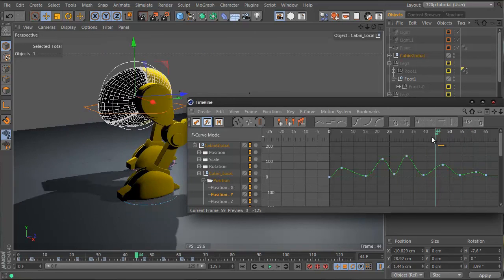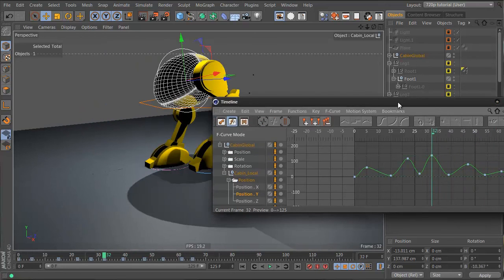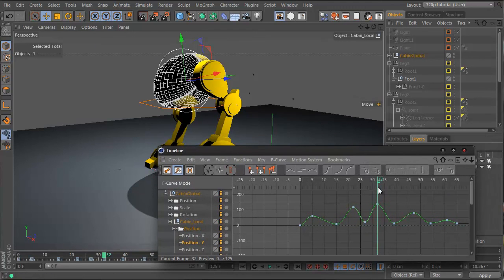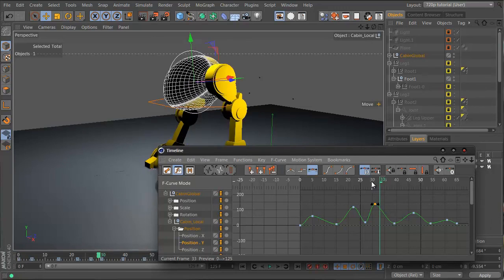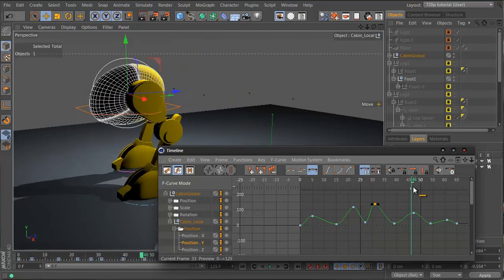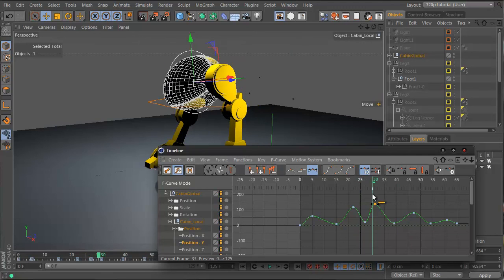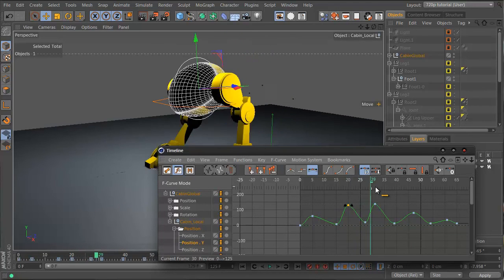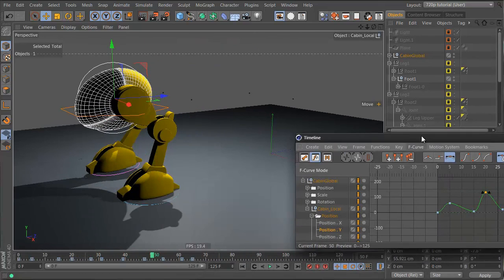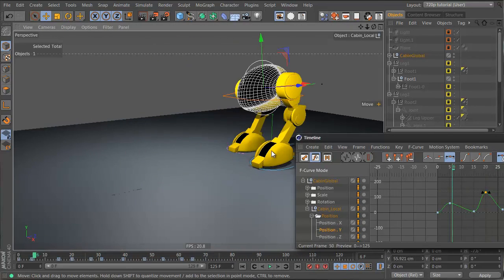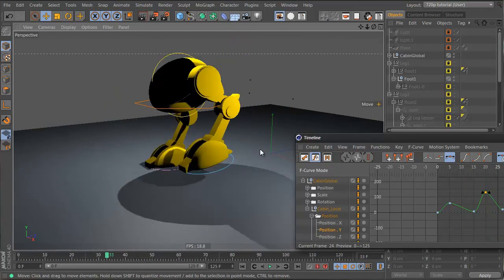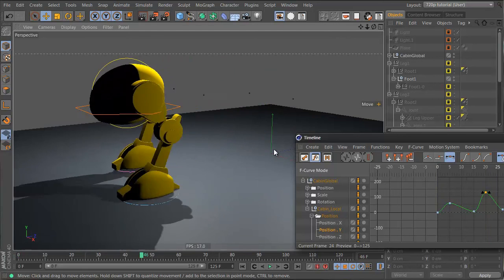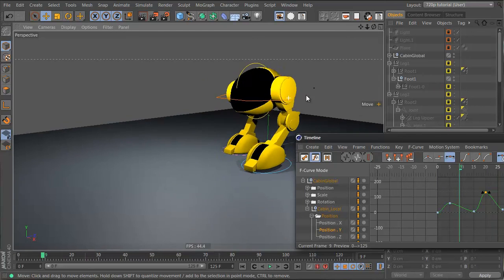And you can tweak these a lot easier, so you can find your keyframes. For example, here, if I think that he's rising too late, maybe we can move it back so he rises up earlier. There you go, that looks a bit nicer. So he reaches the peak earlier, so let's move this peak back as well. Just a couple of frames. There you go, I think that looks much nicer. So yeah, this is how I go about animating a two-legged robot. Next part, let's set up some